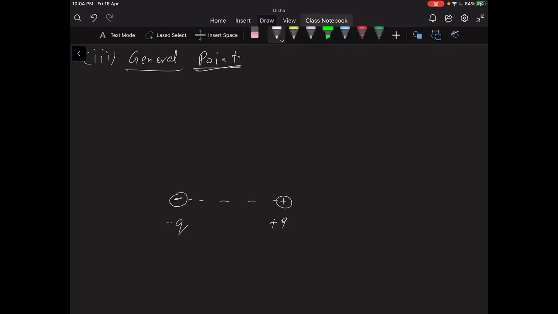Minus q, plus q, same thing, with center O. And then here's the catch. This is my p vector. And then I draw the position vector to where I want to find the field. This is my R vector, position vector R. And I want to find the field at this point, general point P, let's say. You can call it A if you want.